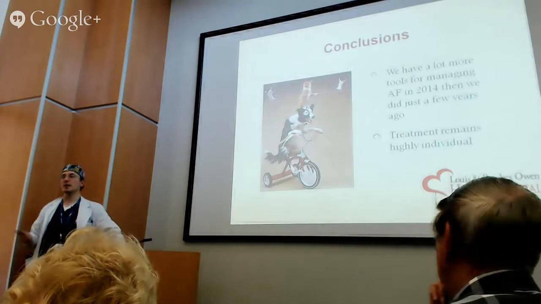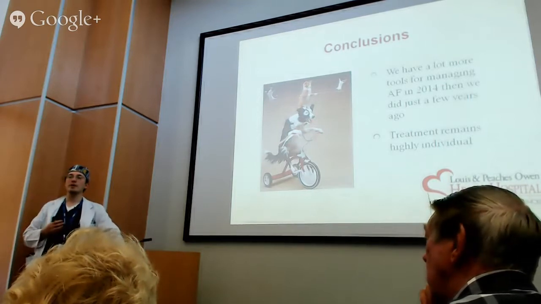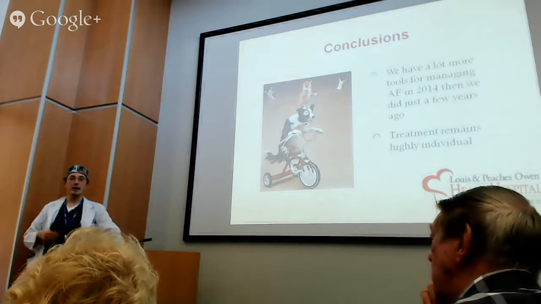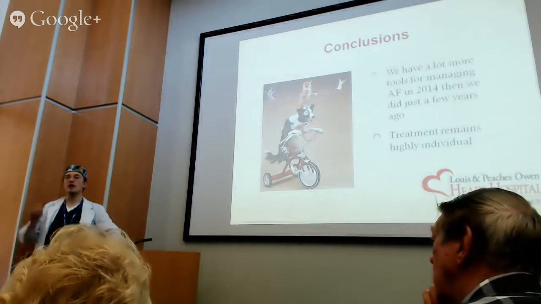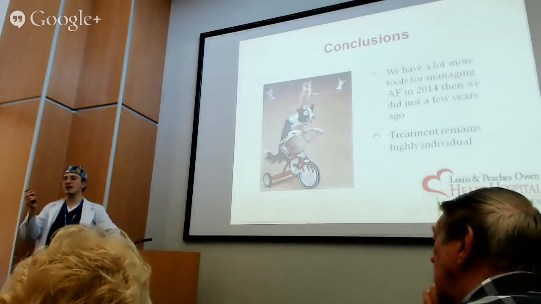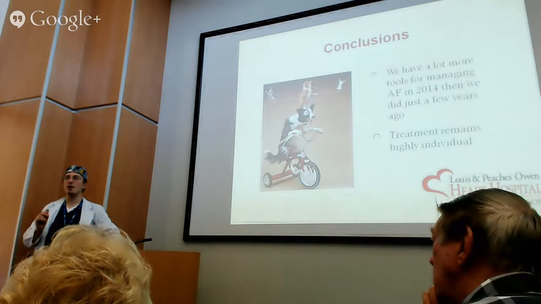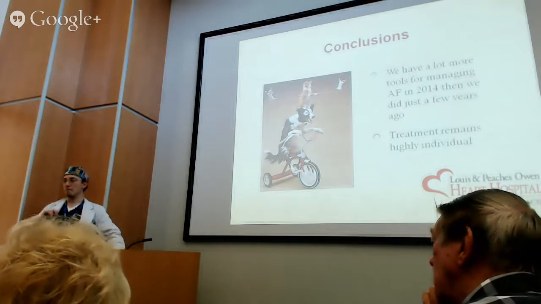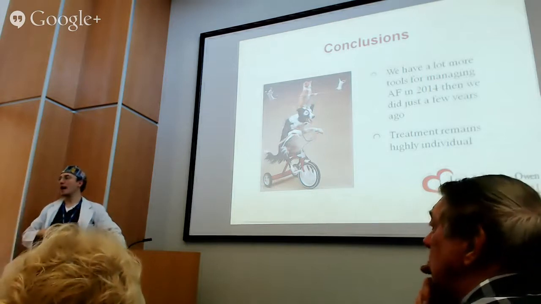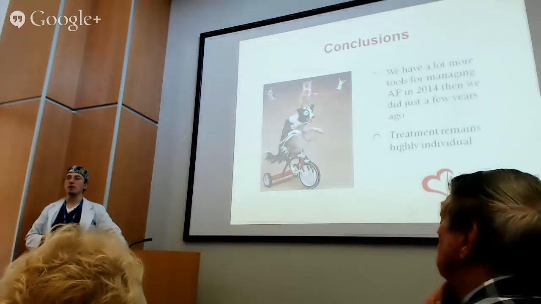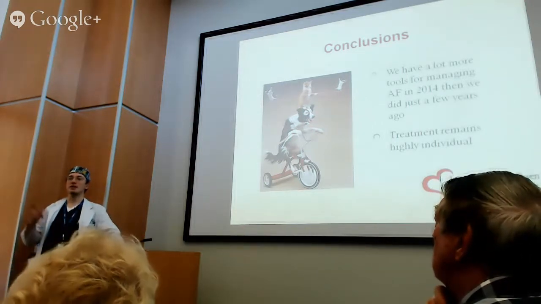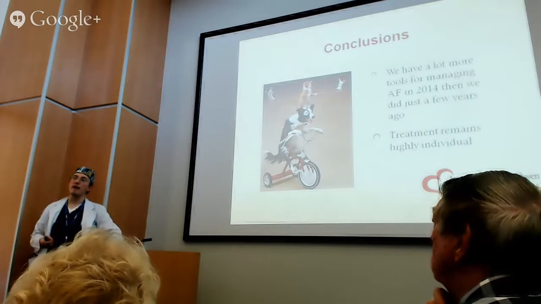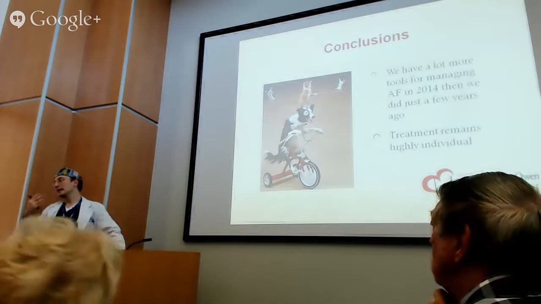Sometimes it doesn't work, and sometimes we do an ablation. If all the PVCs are coming from one spot, you can frequently find that one spot and just burn it, destroy that one tiny little spot. These spots are usually microscopic. They're a couple of millimeters in diameter. If you can find the spot and burn it off, it makes it go away and instantly cures the problem. So in some people who have symptomatic PVCs, it causes them a lot of trouble. It doesn't go away with medicine. We go and find the spot to burn it out.